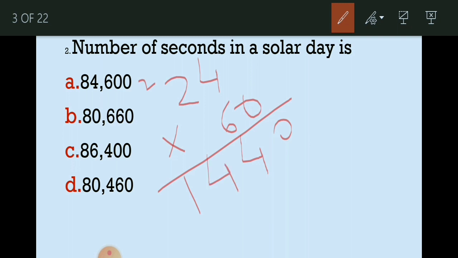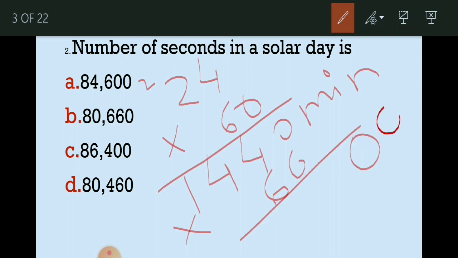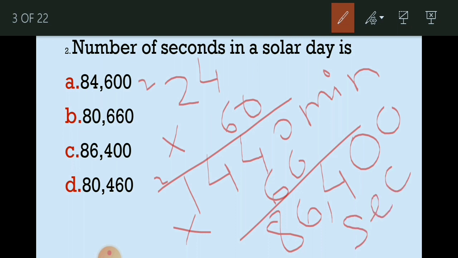Now again this is actually in minutes. Now we have to convert it into seconds. We know very well that 1 minute is equal to 60 seconds. So again we have to multiply this by 60. So these 2 zeros will come over here. So 6 4s are 24, 4 carry 2, 6 4s are 24 plus 2, that is 26. So 6 carry 2, 6 1s are 6, 6 plus 2 will be 8. So we are getting 86,400 seconds. From here we can easily conclude that option C will be the correct answer.